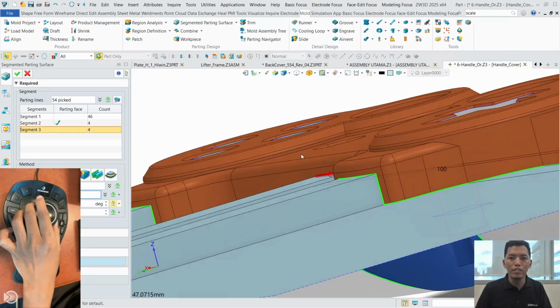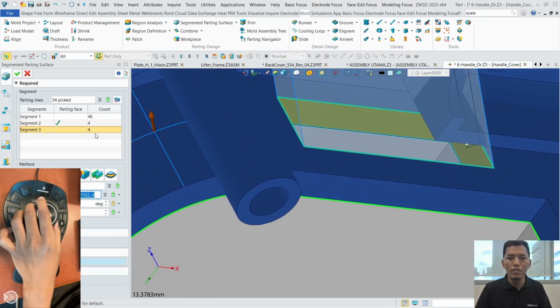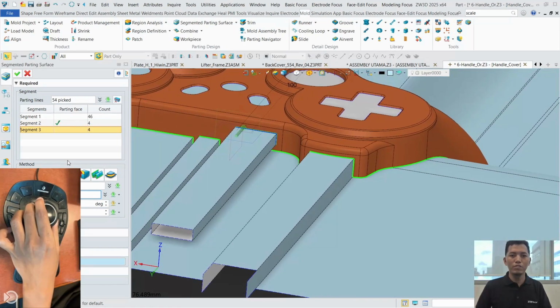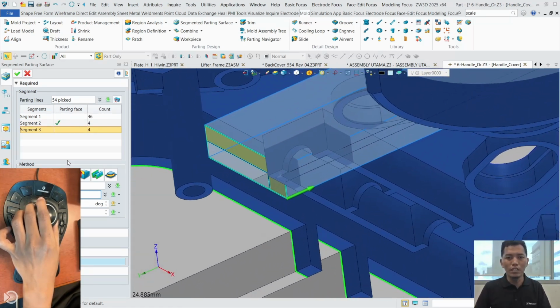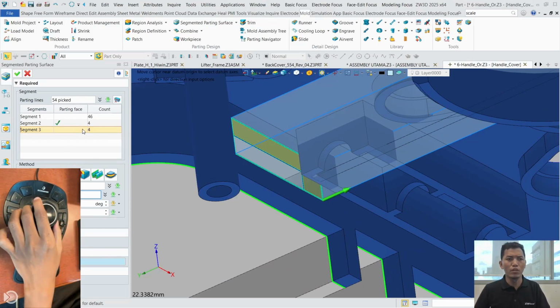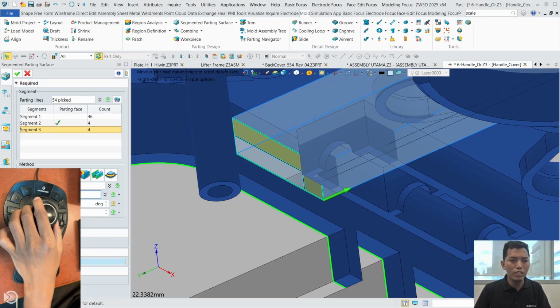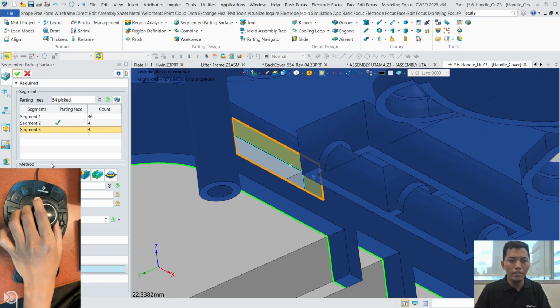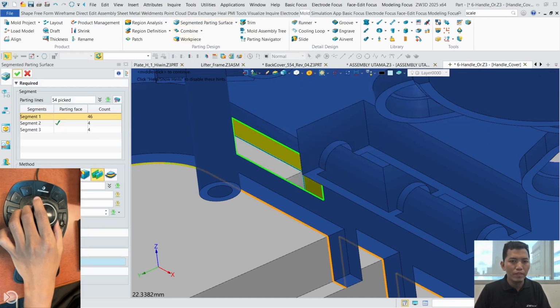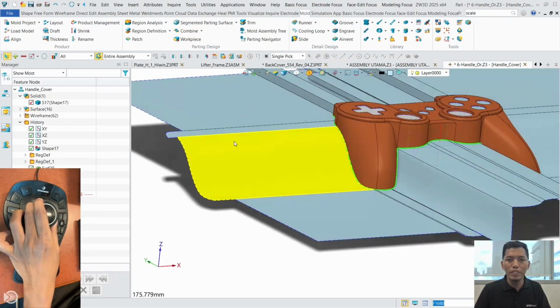Click apply, and for the inner, we can easily navigate to the inner from this one because we use this SpaceMouse Pro. For this one, we just need the trim plane, for example. Oh, sorry, trim plane and apply, and we are ready to split